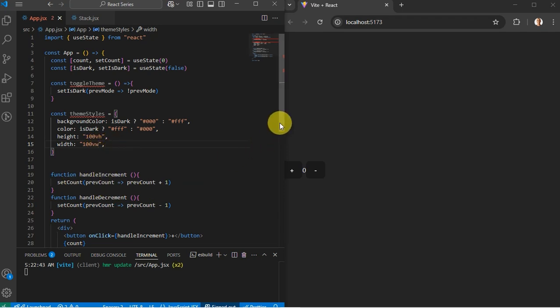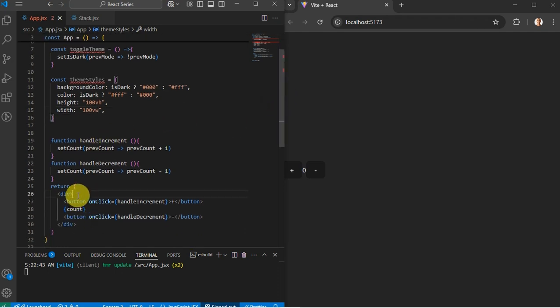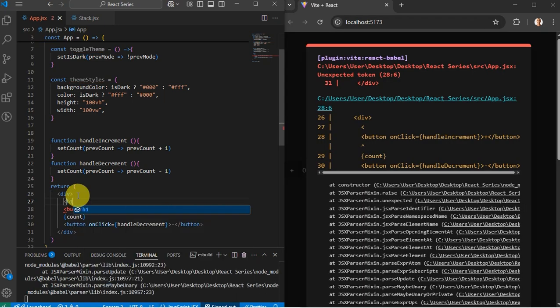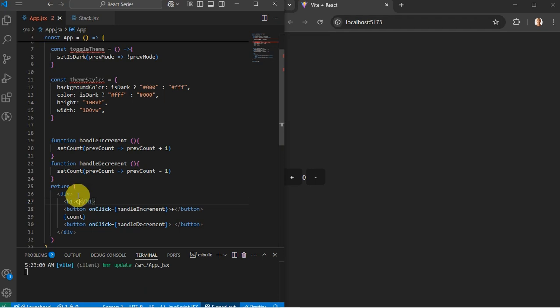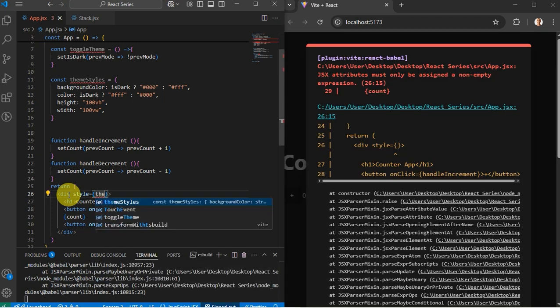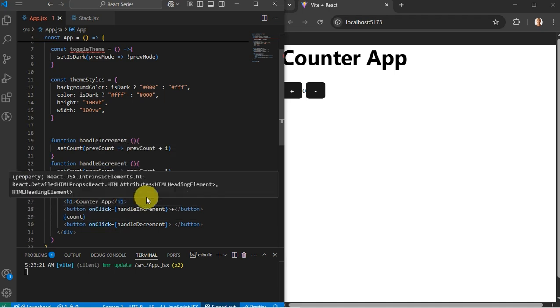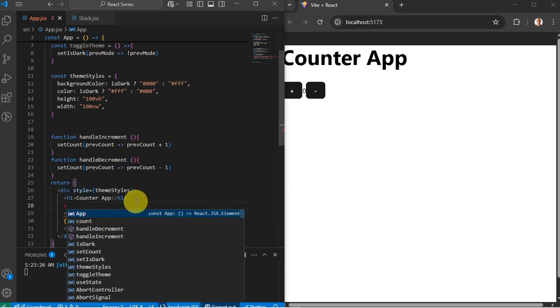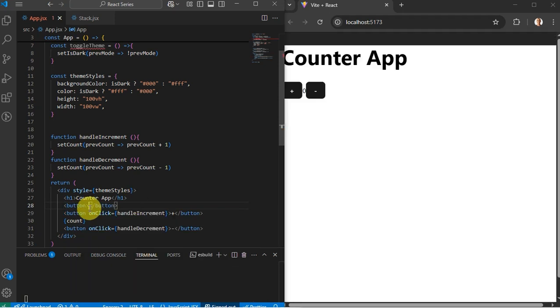So in that I can now use the function and the style in our application to toggle between the themes. Let me just put an h1 element, centered, and the style will be the theme style. Then I'm going to have a button, switch to, then I will make it dynamic, isDark,